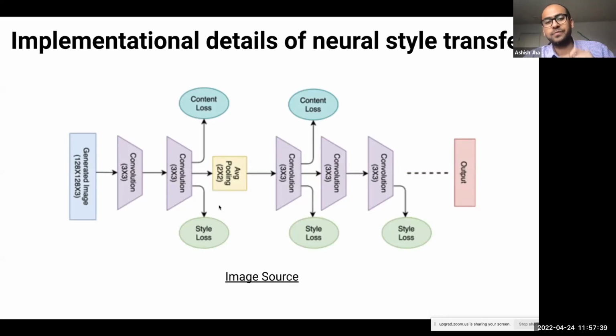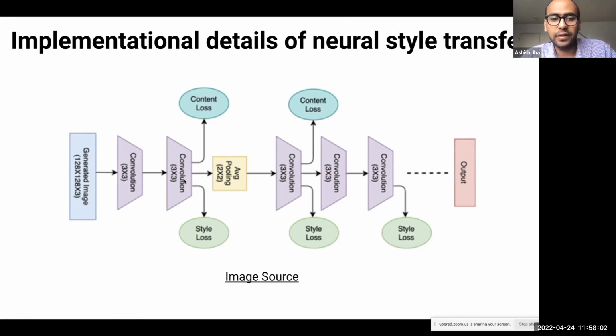Once we have those two, how do we use them for our full neural style transfer application? So this is our overall architecture, right? This is again hypothetical. I'm going to take you through the actual one in a bit. So we have a few convolutional layers, and we have a generated image at the start. This is something that we want to generate as we go along.